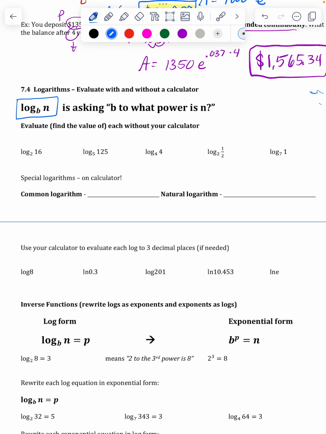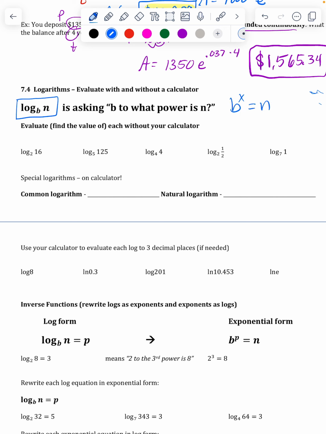Logs are the math function that we need to undo exponents. Like to undo squares, we use square roots. To undo adding, we use subtracting. To undo having a variable in the power, like what we've had in the last few days with exponentials, we use logs. So if you say something like log base b of n, it's asking you b to what power equals